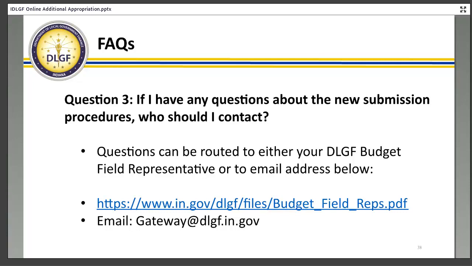Now, as of March 3rd, we are still working on training our staff so that they can understand what's expected, how the new application will work, what they'll see. We will simulate what you'll see on your end, so they'll be able to take you through the process. As we work our way through the month, they'll have a better understanding of how the module works and what role they can play in providing support to units that will begin submitting their additional appropriations through the application on August 1st of 2020.